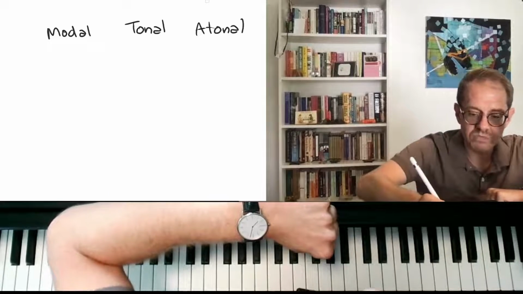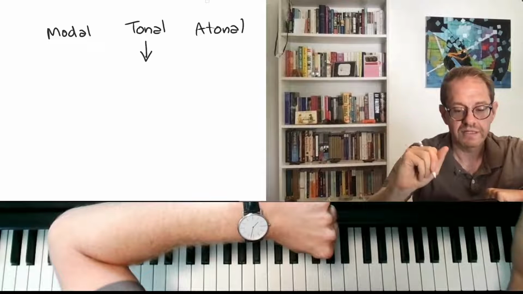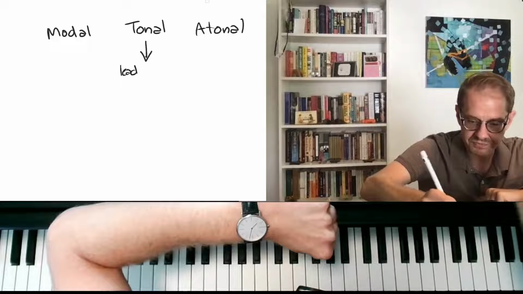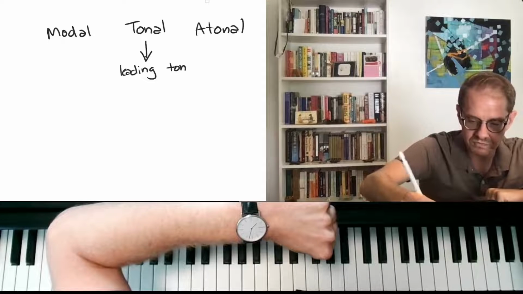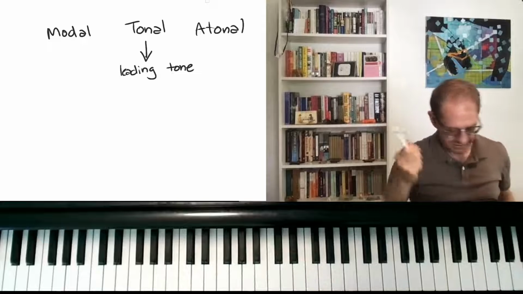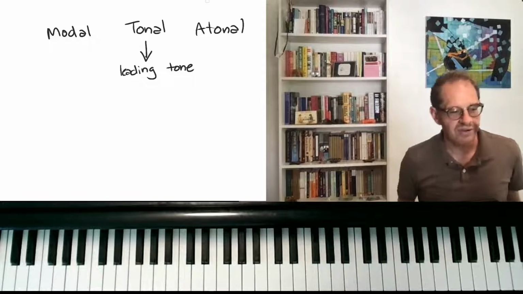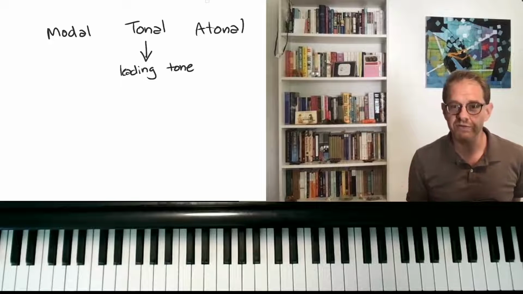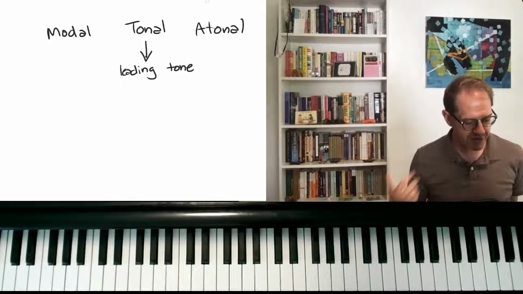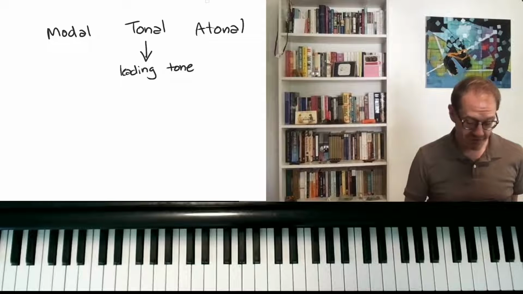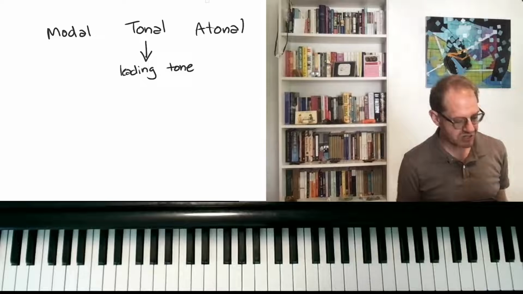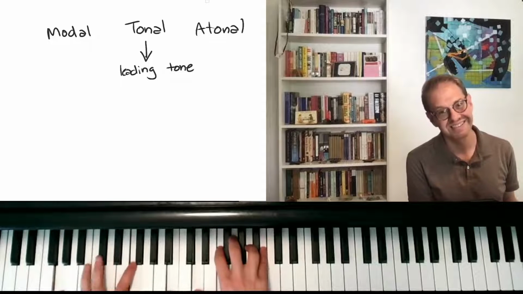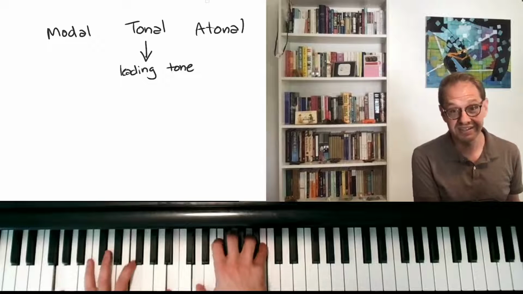Okay, so tonal, I believe, comes from the word leading tone. The leading tone, I think a lot of you out there know this, is that note in the key which is a half step below the root, which makes it feel like we're firmly in that key. So if we're in the key of C, major or minor, our leading tone is going to be B natural, right? Or in minor,